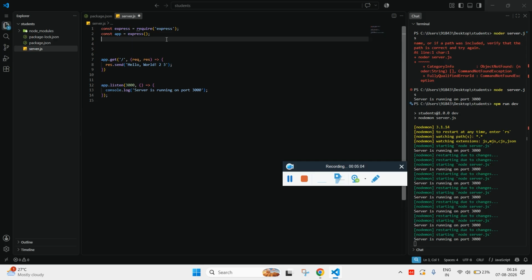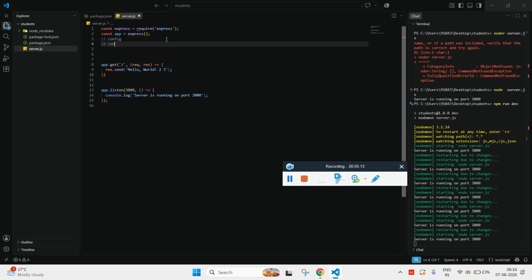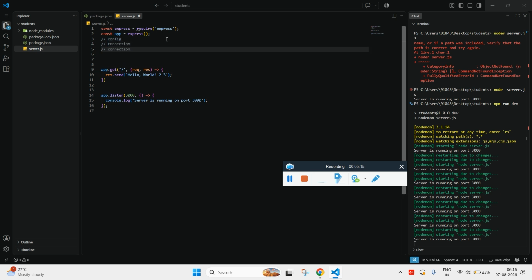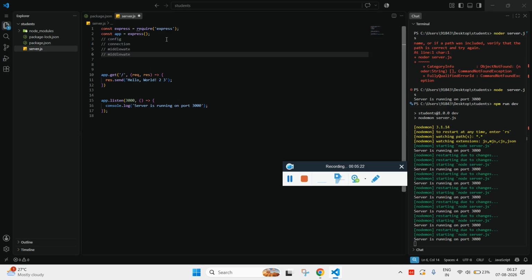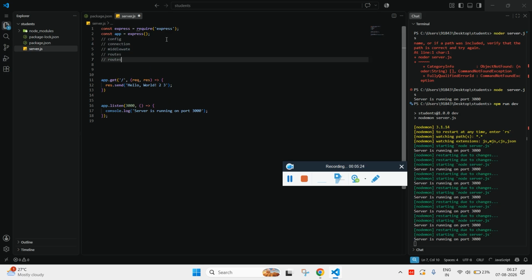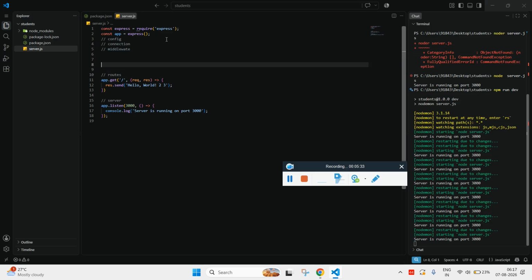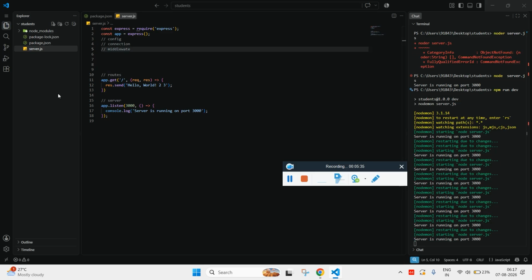So the basic server.js should follow a pattern. So it would have config folder, and then after config it will have connection related code, and then after connection it will have middleware related code, and after middleware it will have routes related code, and after routes it will have server related code. So this is server, this is routes related code. So now let's just jump into